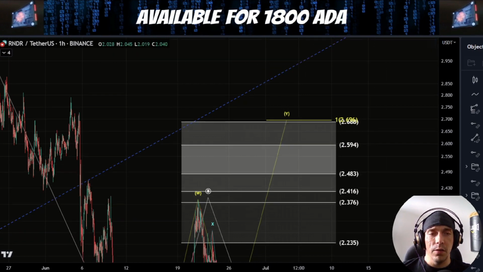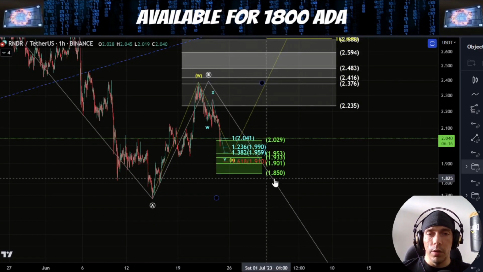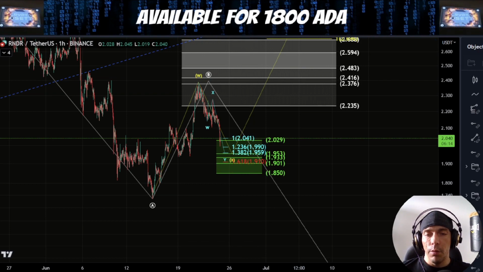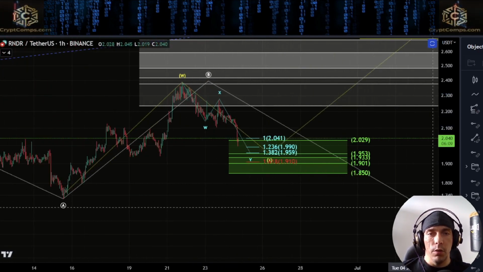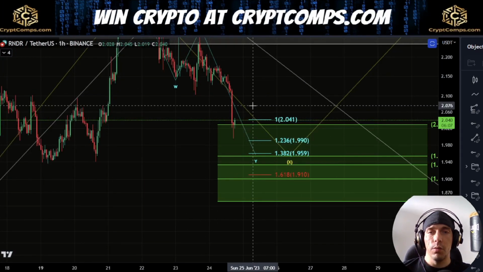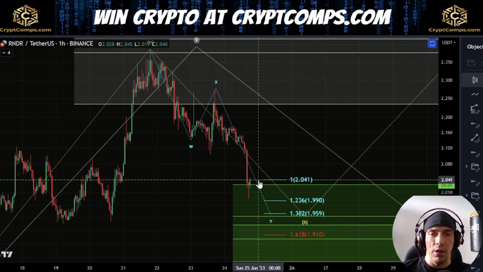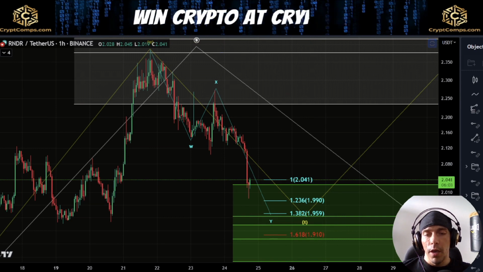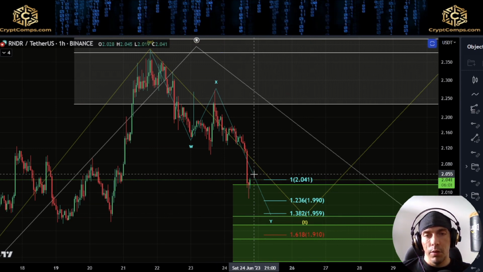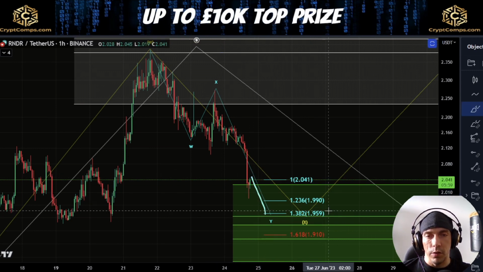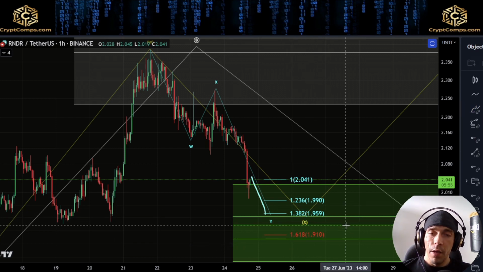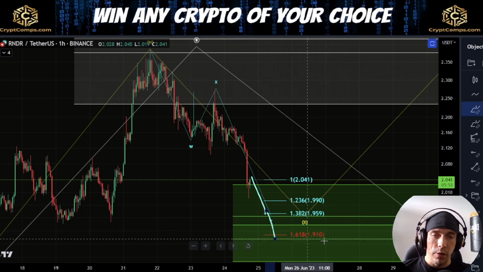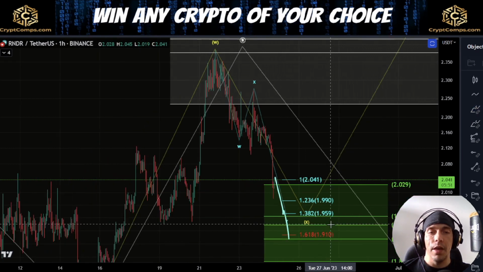So I'd be keeping an eye on this if we do manage to actually hold this $1.85 level, and we just see this as a 3-wave move to the downside here. We could actually be looking to potentially complete fairly soon, because the 1-to-1 has already been met here at this $2.04. If we do extend out deeper here, what we could see is potentially moving down towards this 1382 here at this $1.95. But if we push down to this 1618 at this 191, we'd have to be careful, because